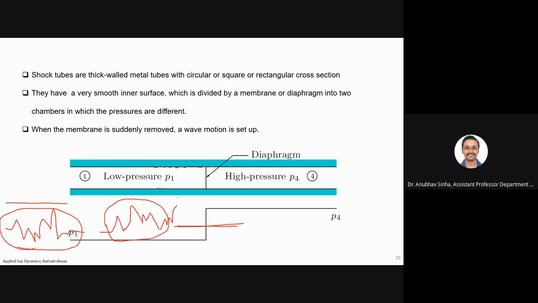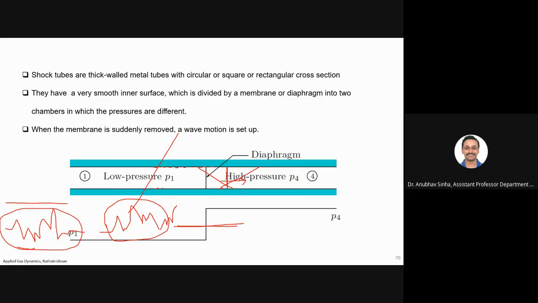So what I'm trying to highlight here is that even a very small disturbance or perturbation in the surface has the potential to generate a shock wave. That is not what we want. We want a normal shock, and that's what we only want to study. We want that once I remove the diaphragm, one normal shock is created, which is moving forward, and that is what I want to study. I don't want a standing shock there. I don't want an oblique shock coming from an obstacle in the wall. That will unnecessarily complicate your flow.